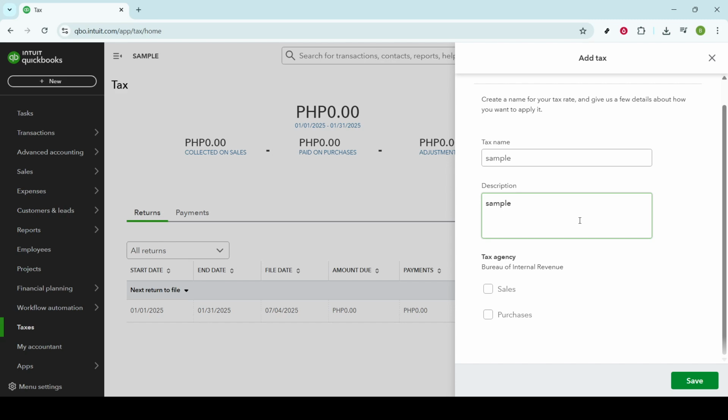It's a good idea to double-check these numbers to avoid any inaccuracies in your financial reporting, as this can greatly impact the tracking of your finances. With the tax rate specified, you'll proceed to the Tax Agency section. It's important to ensure that the tax agency you select aligns with the relevant regulatory body that governs your business